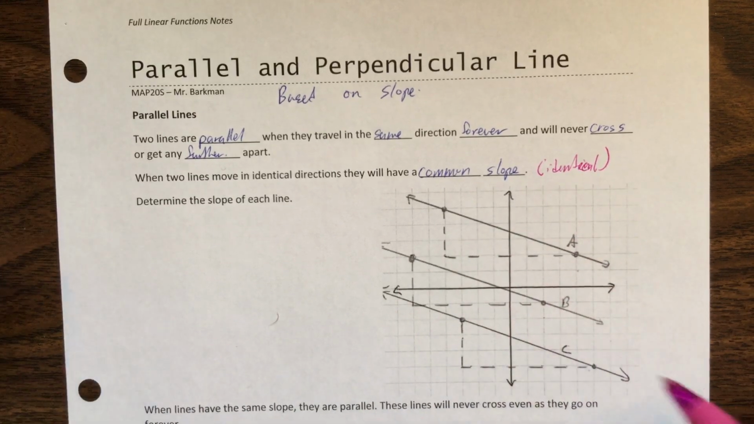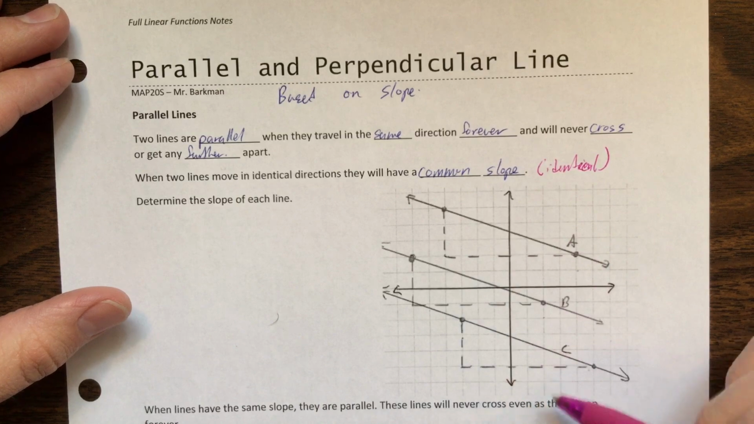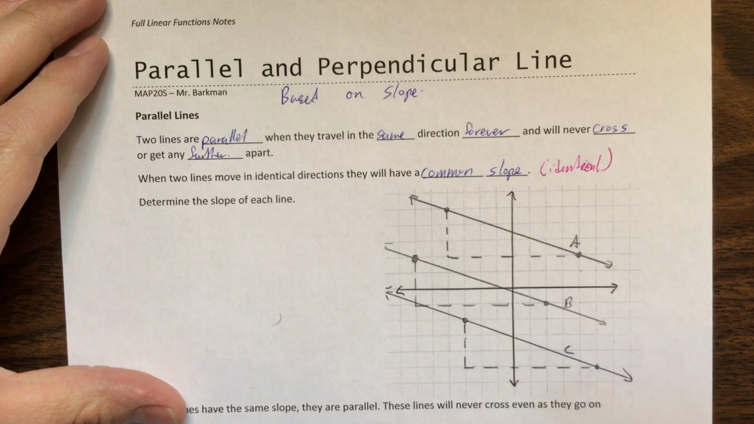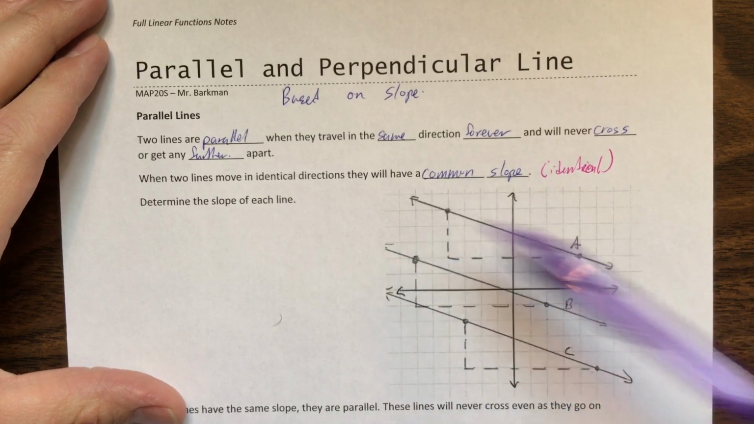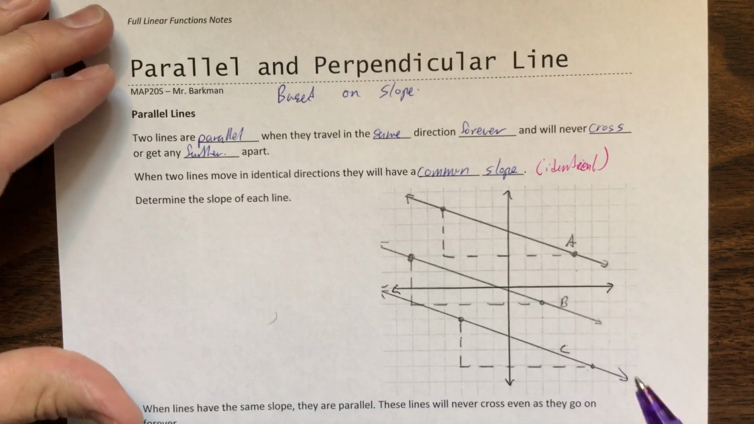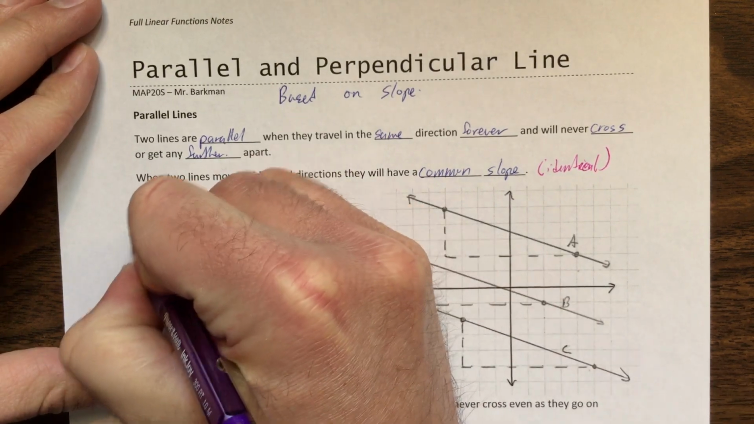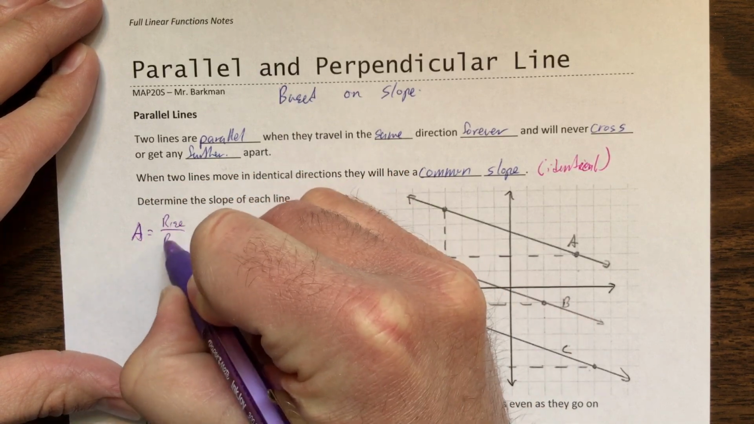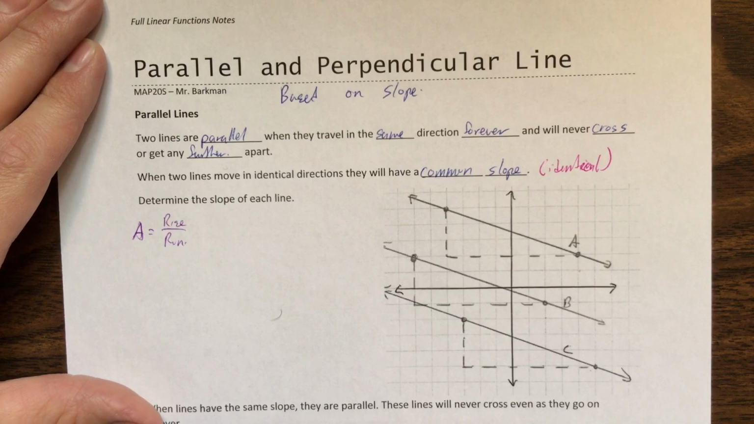Let's take a look at this example here. These three lines look like they may be parallel to each other. Based on what we see on the page, it looks as though they are all going in the exact same direction, and we know that, at least on the page, they are not crossing. So let's figure out our slopes, and let's see if the slopes are, in fact, the same. Okay, so for A,